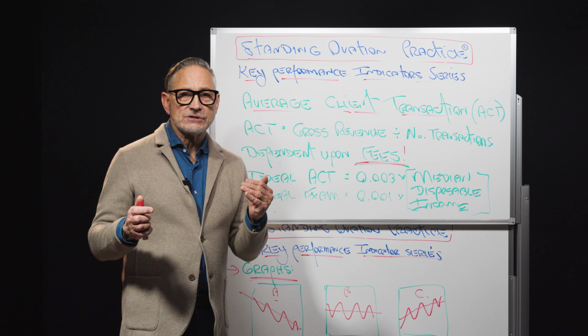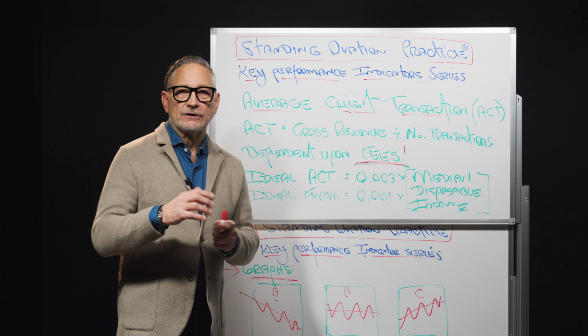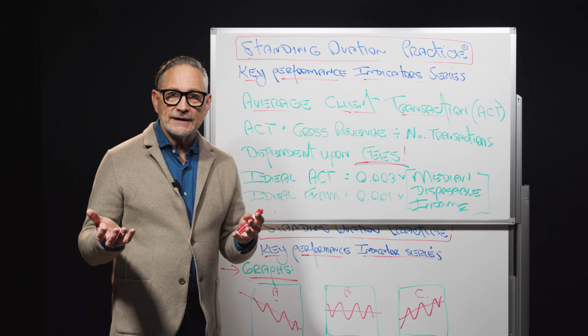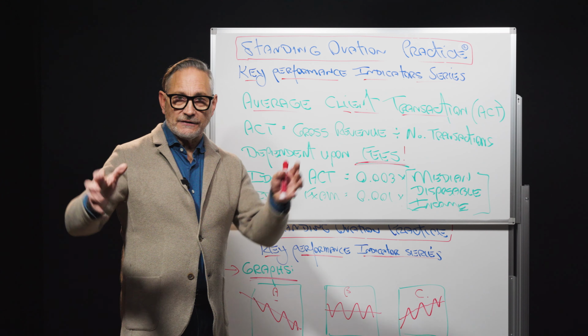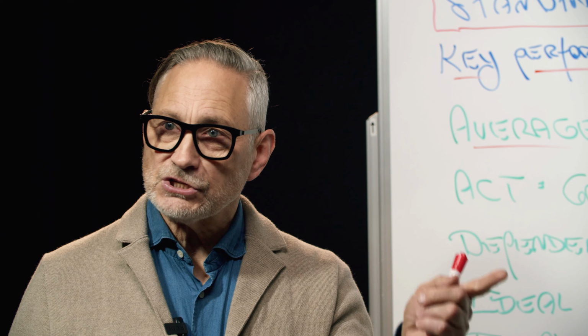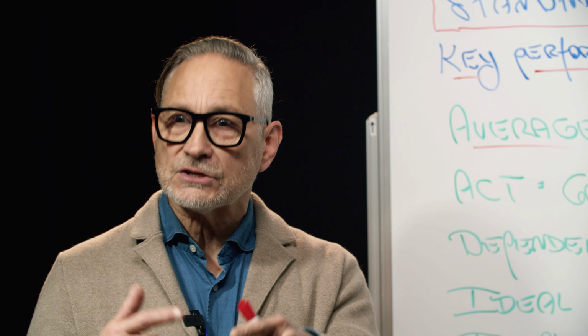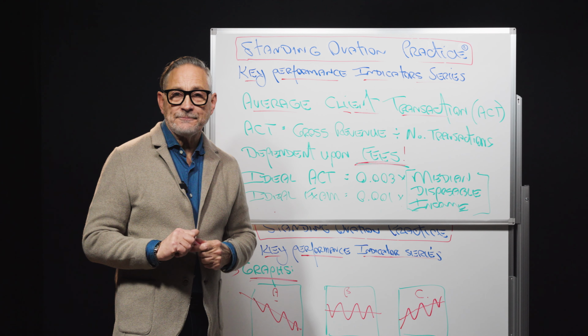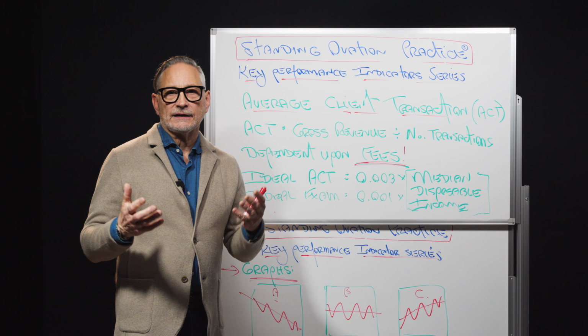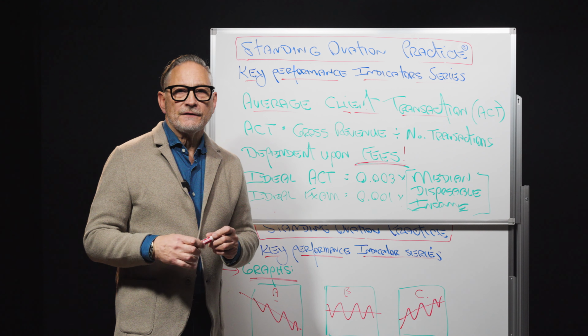When you look at the average client charge and compare it to what's called the median disposable income that the practice is servicing, that community, I discovered the formula that lets us compute an ideal, not too hot, not too cold, in the Goldilocks zone, the perfect average client transaction, the perfect fees. The median disposable income is that leftover money in your community that your clients have got.